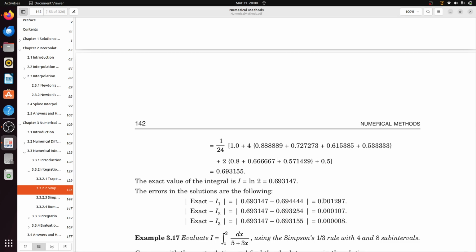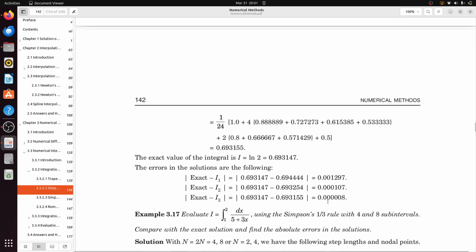There we have like, if you double the subintervals, the error was decreasing in the pattern of 4. Here the error is following the pattern of 12. Here it is 1297, approximately 12 times lesser when you double. Again approximately 12 times less when you take